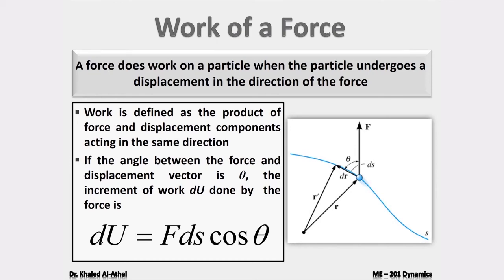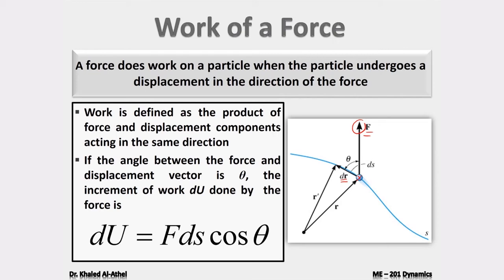So basically, work is defined as the product of force and displacement components acting in the same direction. So this is the mathematical definition. And if you have an angle between the force and displacement vector, that is theta, then the increment of the work dU that is done by the force is equal to F ds cosine theta, meaning you have your force F that, as you can see here, is acting upward. If you apply this force to this particle, and as you can see, this particle has moved dr along this direction,